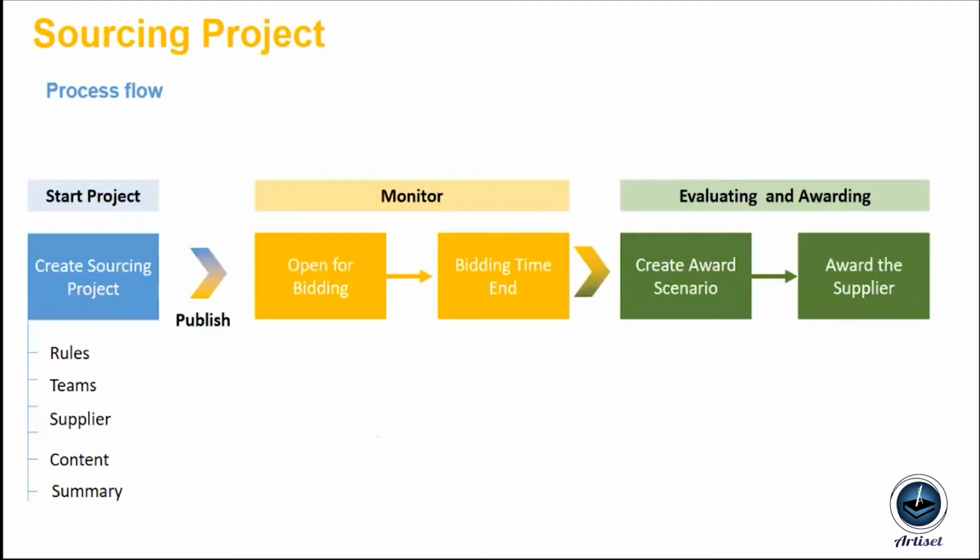So talking about the process flow, this is the basic process flow. We can say that once the user starts the sourcing project, they will select the appropriate template which they want. Then as per the template definition, a few rule settings would already be configured, and a few are required to be done by the user. Then they have to select the team members, either a project owner or observer, or some approval flow which they want to see in this sourcing event.